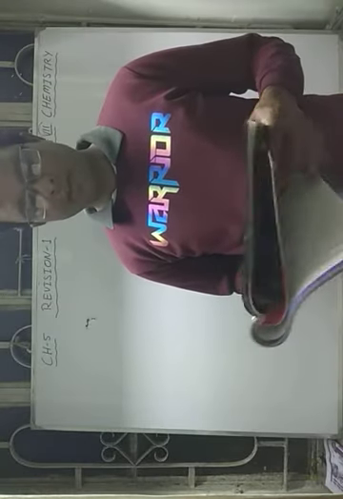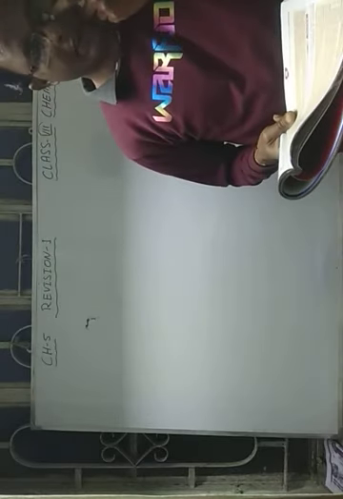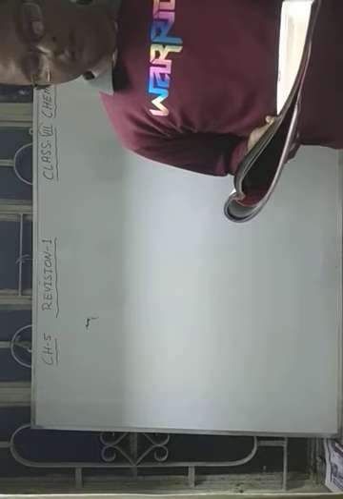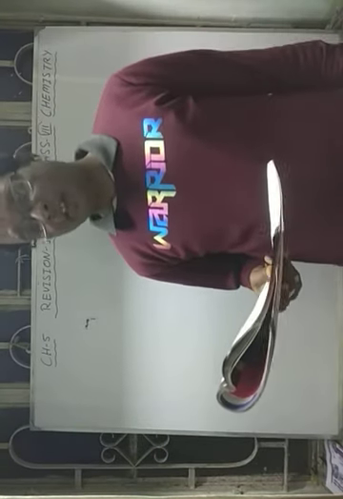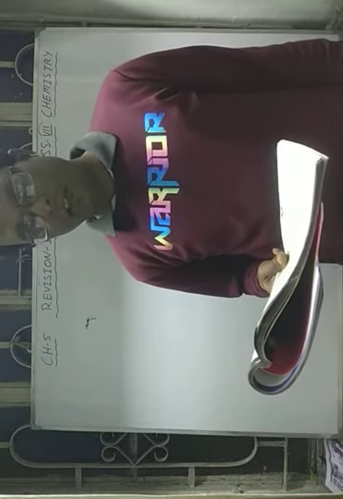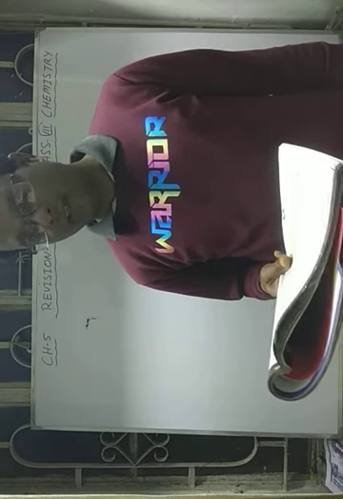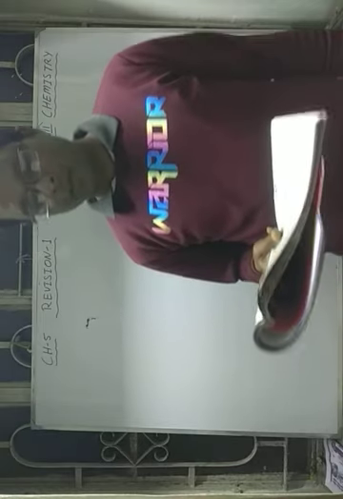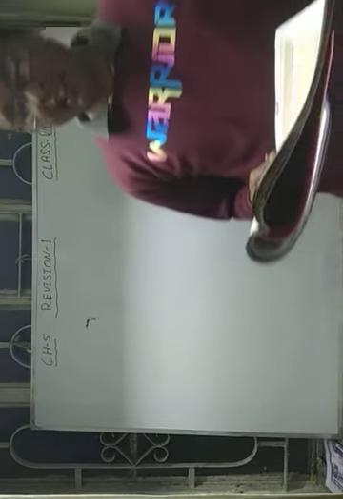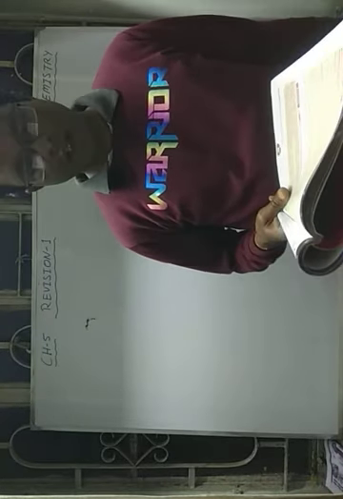Next is the formation of precipitate. Precipitate means insoluble substances formed during a chemical reaction. They are called precipitates, and the reaction is called a precipitation reaction. For example, when barium chloride is added to sulfuric acid, it gives barium sulfate. It is an insoluble solid, barium sulfate. It is called a precipitate, and the reaction is a precipitation reaction.